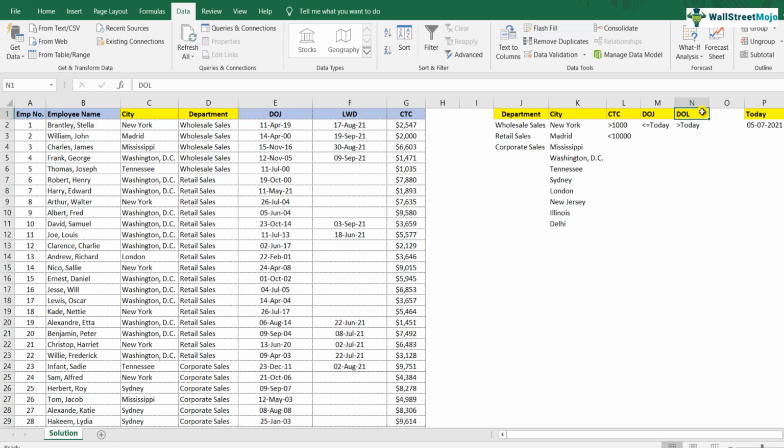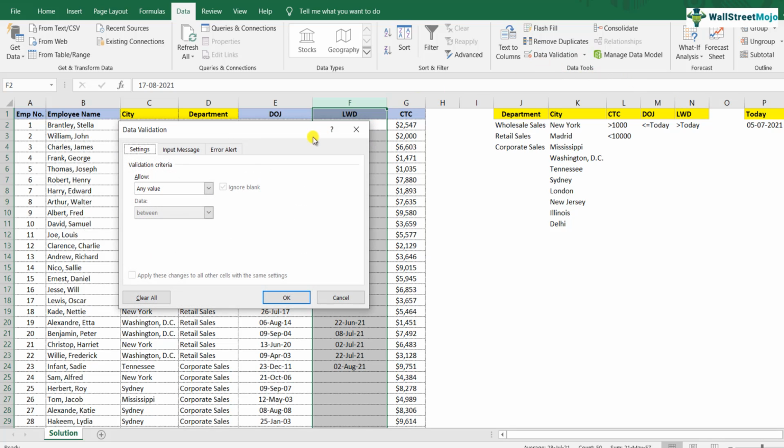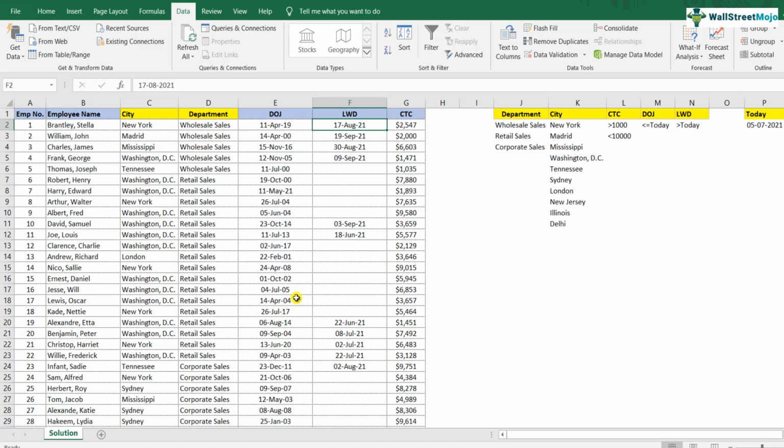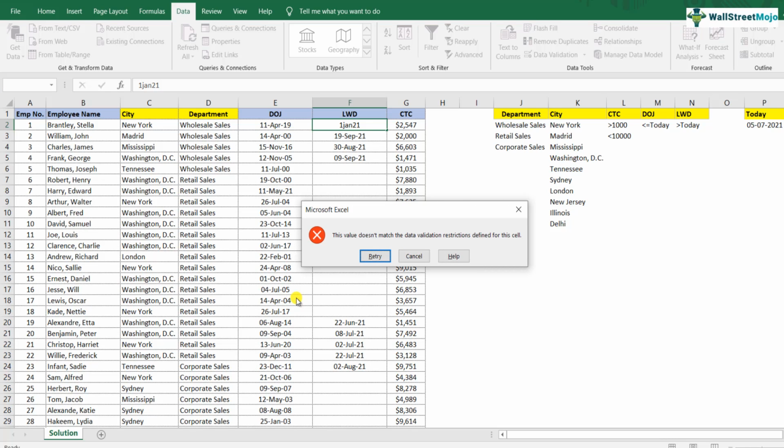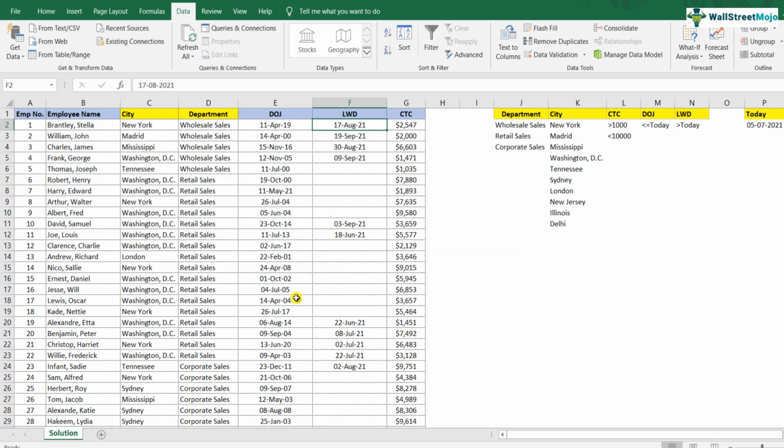And the last part is last working day, or DOL, which we can define here as last working day, with similar connotations. I select this. It should always be greater than today because a person can only leave after today, not today, in this particular data set. Again, data validation, I go into date. Again, I want something that is greater than today, which is P2. Now if I select say 1st Jan 21, it will give me an error which will basically say data validation wrong. But if I select something beyond, say 7th July 21, it will take. So that is how we are controlling this data set particularly.